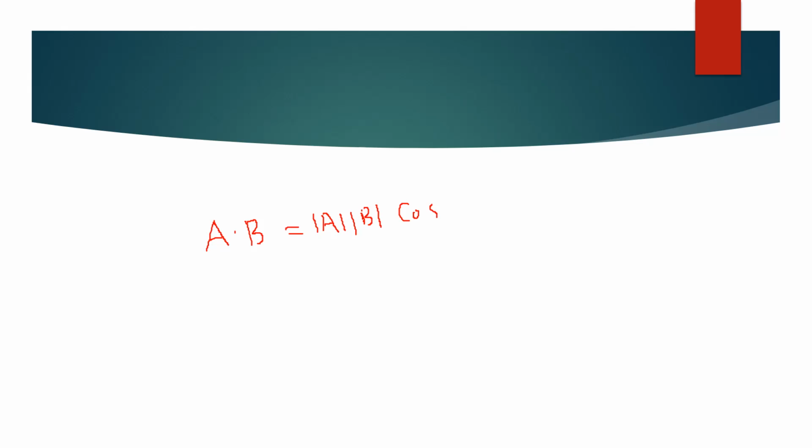So if you want to know the angle theta, keep cos theta one side and bring the rest of the things to the other side. This is a vector; you should put a vector sign here. So what will we write down? Vector A dot